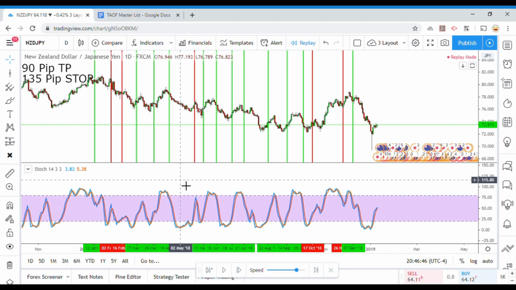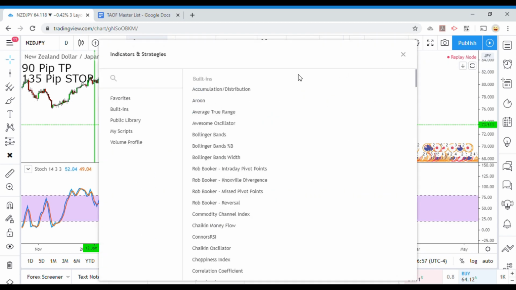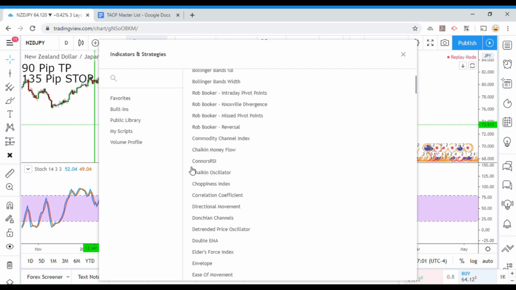I'm going to throw this over to you guys, let you tinker around with it, throw it on top of other indicators. Not literally, I mean, you don't have to throw it in with another indicator, but add,